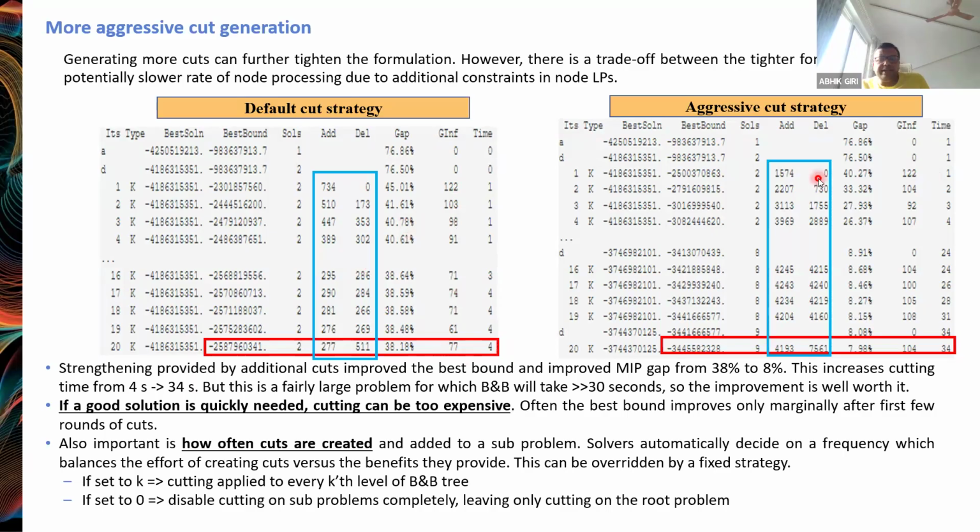On the other hand, in the aggressive cut strategy, we are able to reach an 8% optimal solution in 34 seconds. Now, if you focus on this blue rectangle in both cases, you will see that in the default cut strategy, the number of cuts we are adding or deleting is in hundreds, in 3 digits, while in the aggressive cut strategy, it is in 4 digits. So what we observe from these two examples,